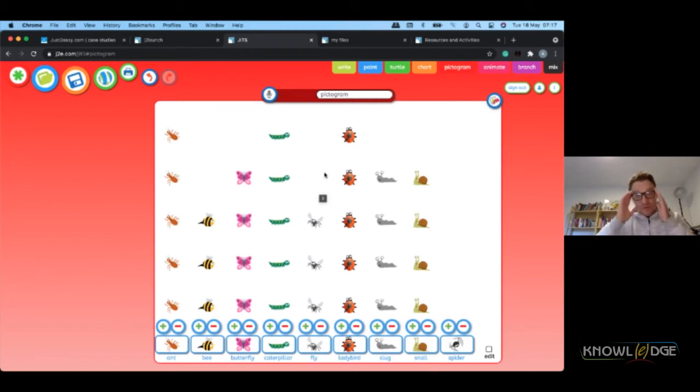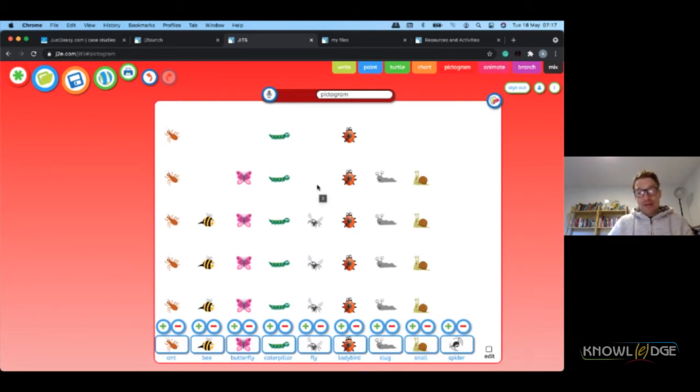Now, one of the things that you can do with the infant tools like this, and in fact anywhere across Just2Easy, is add voice into your work as well. So you don't necessarily have to get children to just open up one of these pictograms and use it themselves.